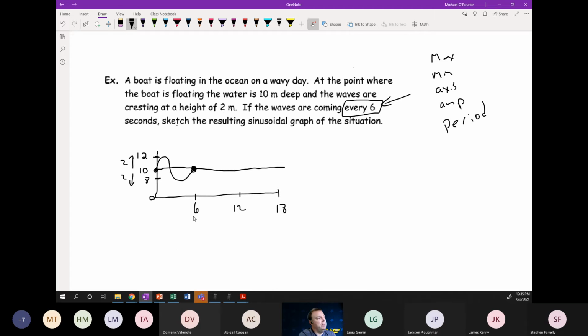Does that make sense? My wave's complete by 6 seconds being passed. Now for 12 seconds, I go up, I go down again, then I'm back. And then again, if I draw 3 waves,